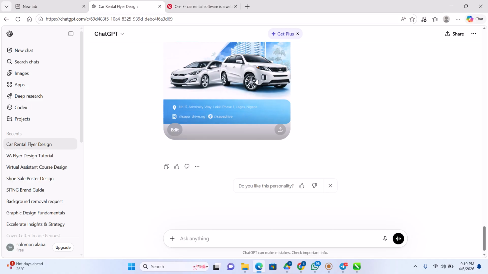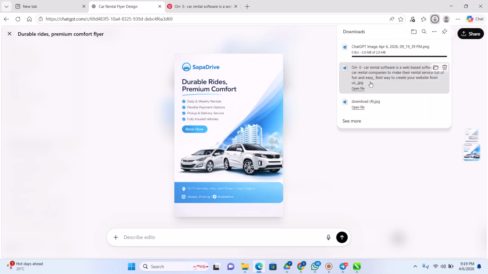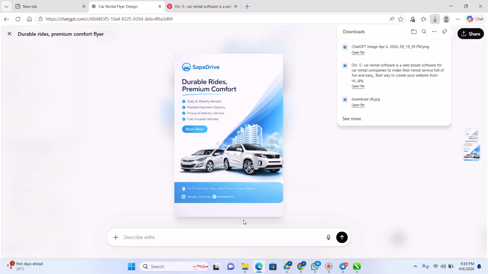To download your design, simply click on this, and you click on save, and your design is in your phone already. Okay, so that is that about this design. We'll learn more